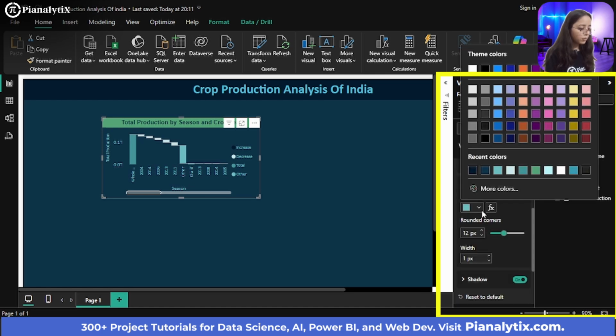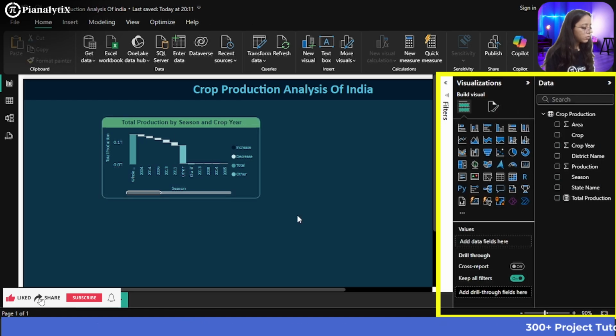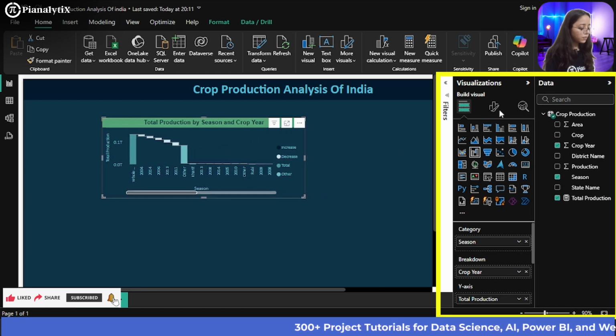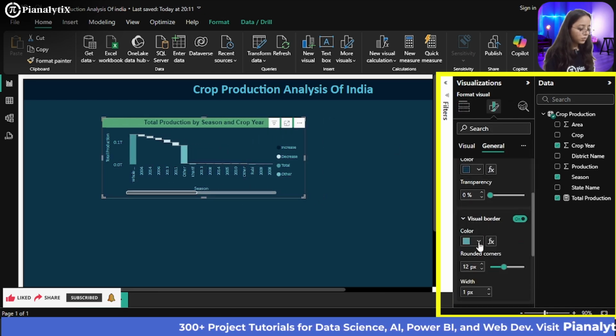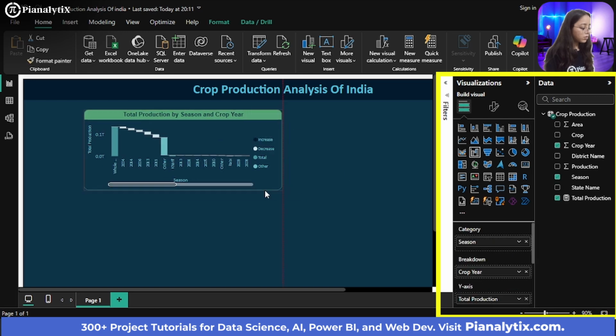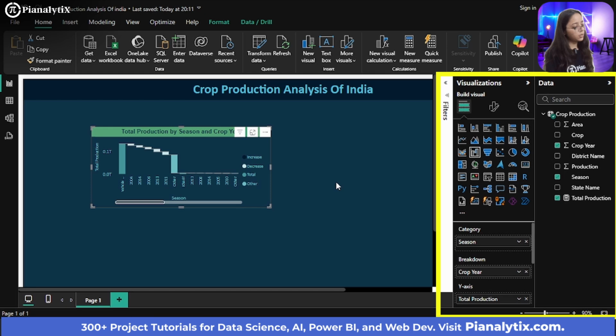So for the border, you can choose something dark, I'll say. Now you will just adjust them accordingly.